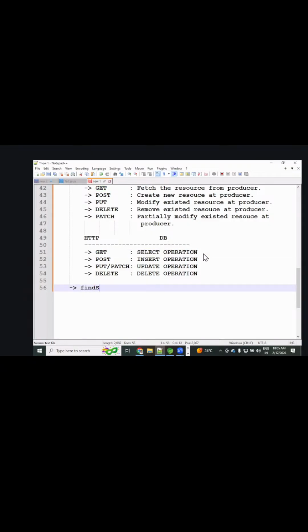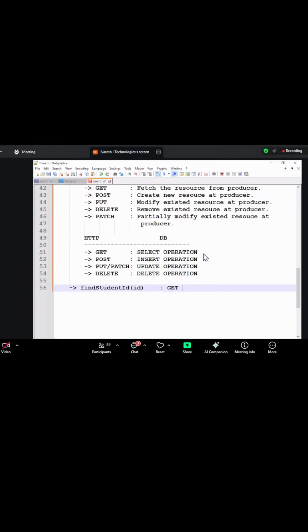Find student ID. Which one are you going to use? Post. Then what? Get.